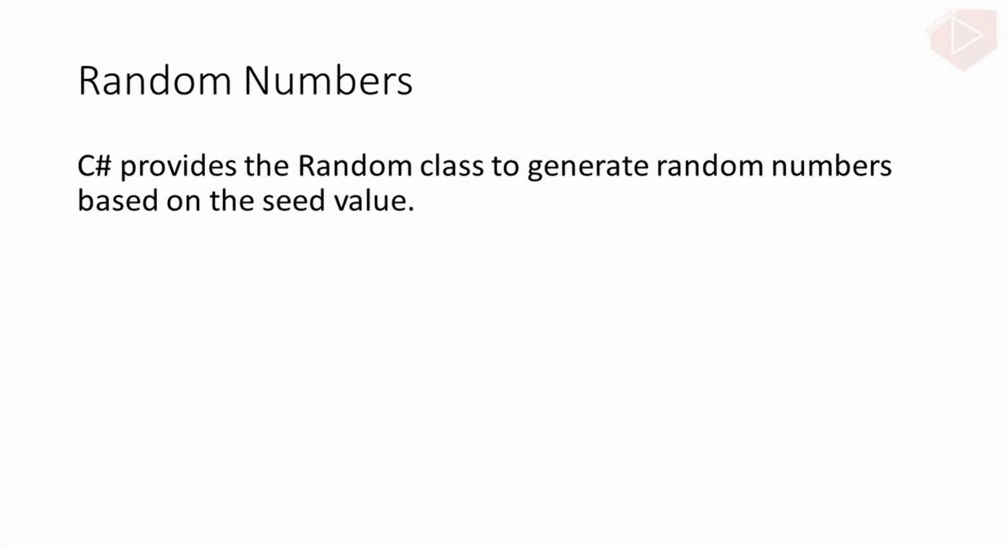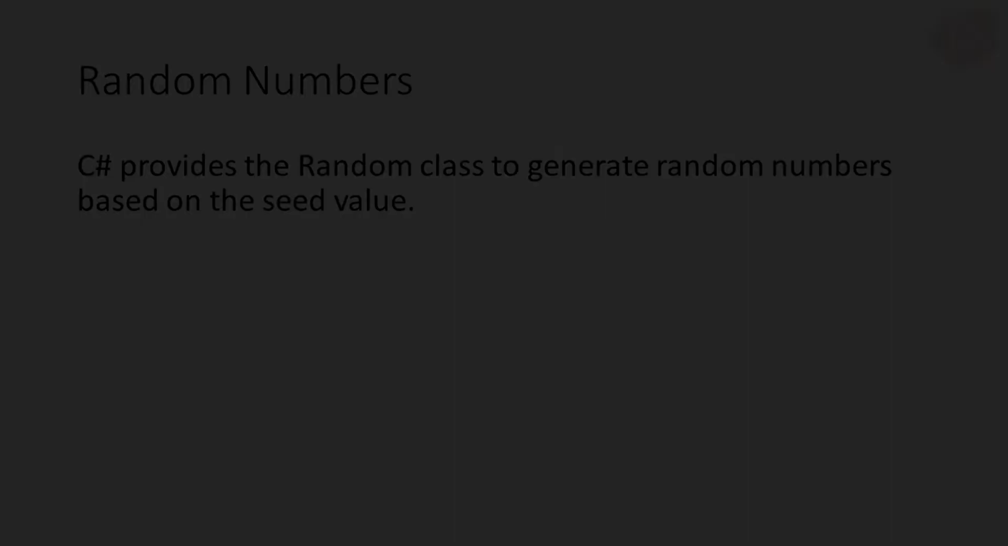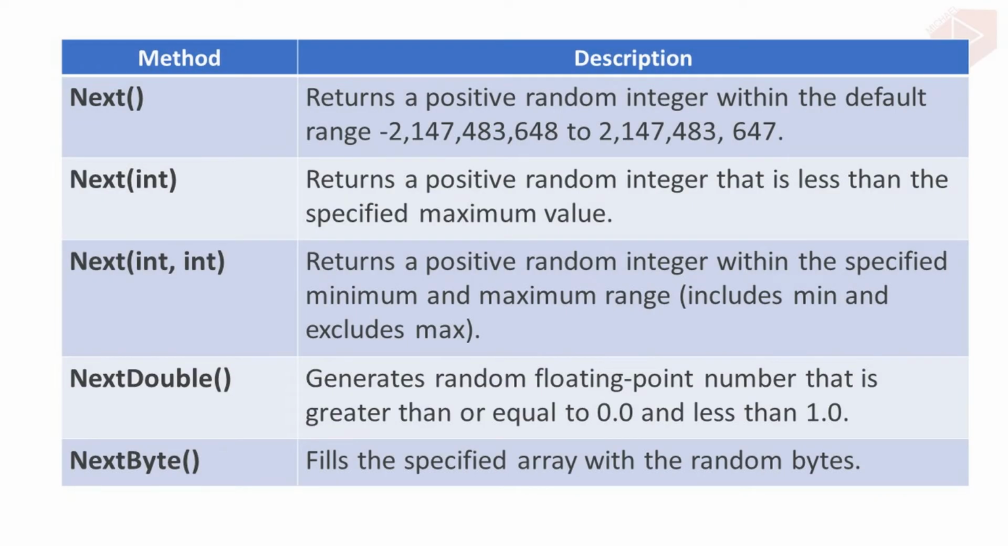C# provides the Random class to generate random numbers based on the seed value. Here are the built-in methods in the Random class. The first method, with empty parameters, will return a positive integer with the default range. The second method has one parameter. So this method will return a positive random integer that is less than the value passed to the parameter of